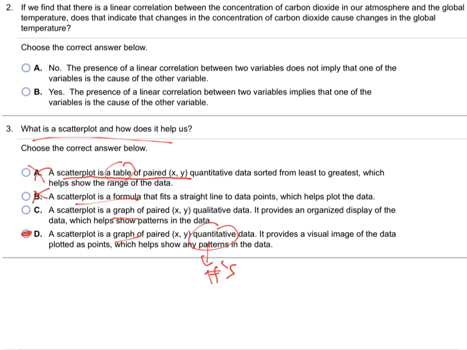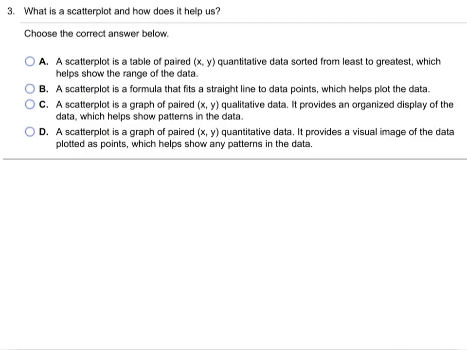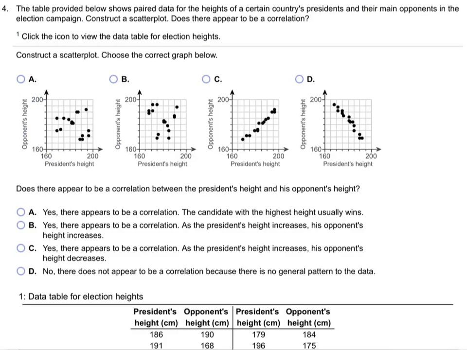It's not quality, right? Strong or sharp, those are qualities. It's numbers, quantity, right? Good. We already did that one, huh? So we're on, what number is that one? 4? There's only 8 of these. We're doing well. Okay. The table provided below shows paired data for the heights of presidents and their main opponents in the